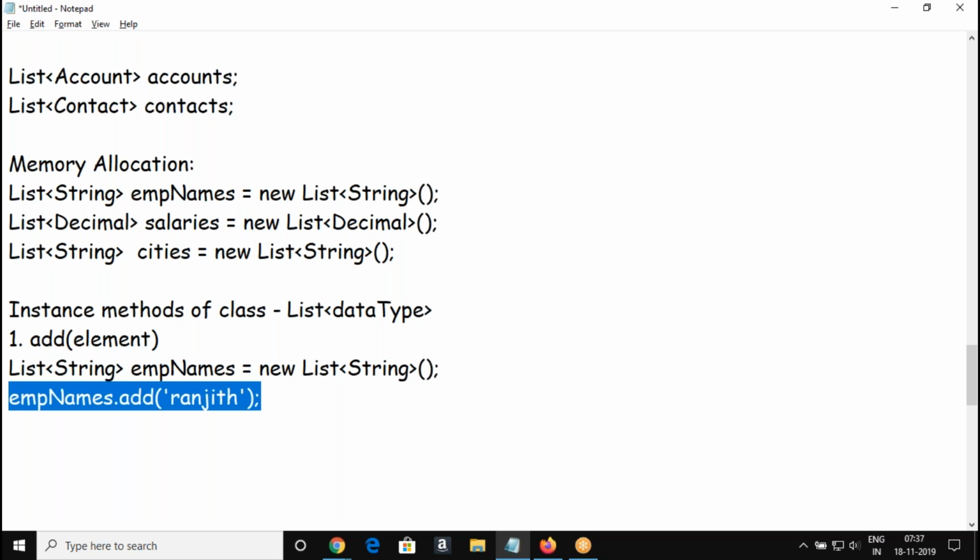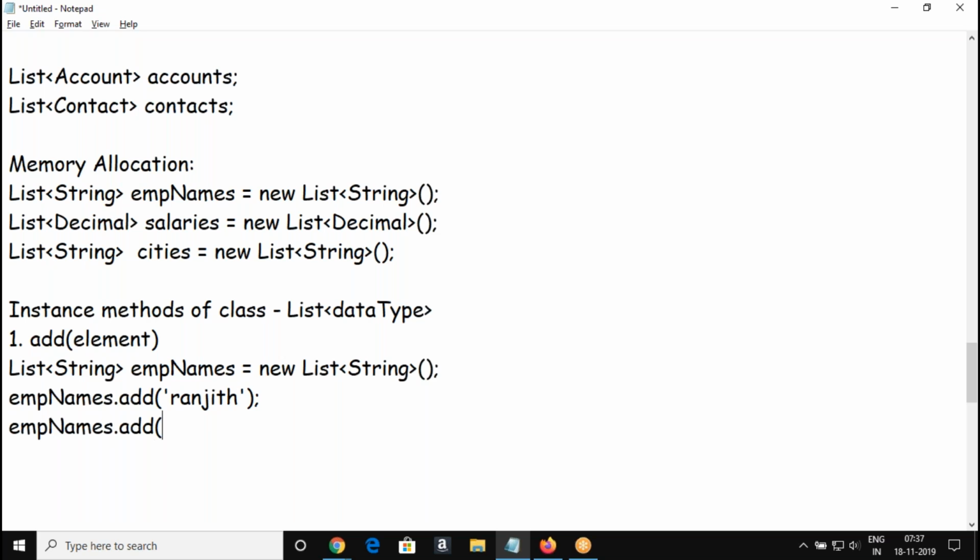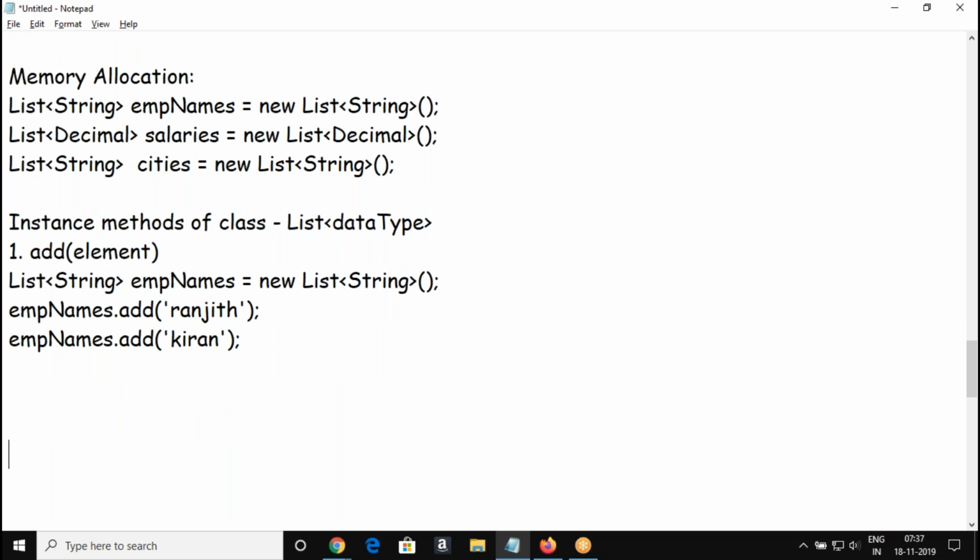A value is added, which means I'm inserting an element into this list. I added 2 elements, so when you display this list, you will find only 2 elements.